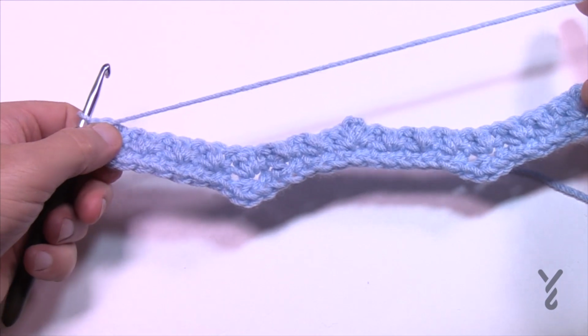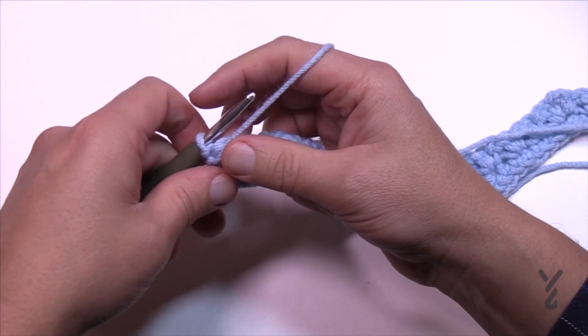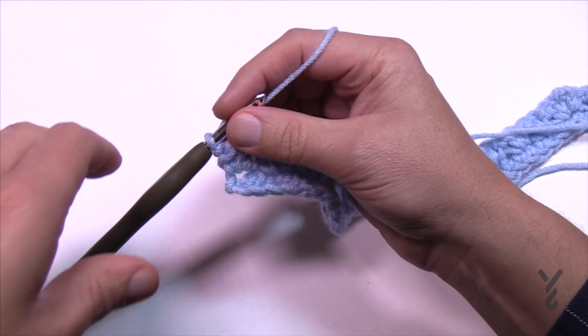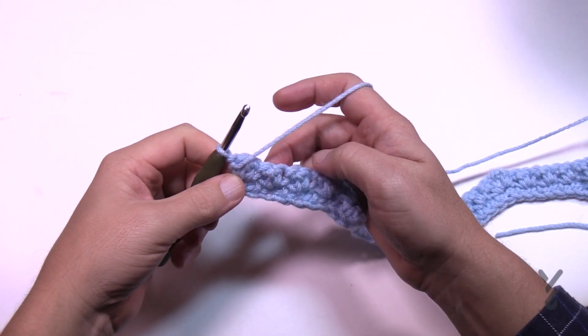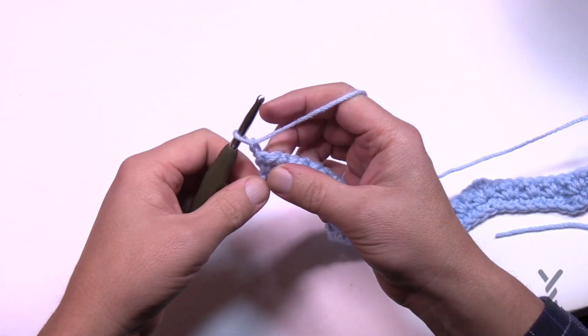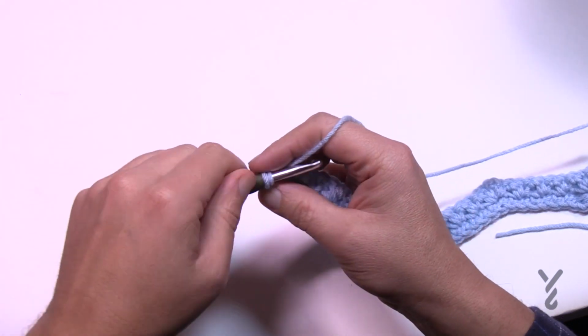So it has a little bit of texture now, and we're now going to move on to row number 3, which will be the repeat then for all rounds or row number 4 through 15. So let's start row number 3. So let's begin row number 3, which will be the repeat every time you're doing this particular concept. So you're going to chain 1, and in the first stitch you are going to put in a single first